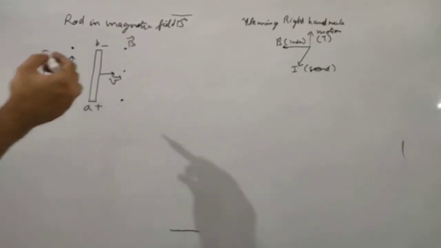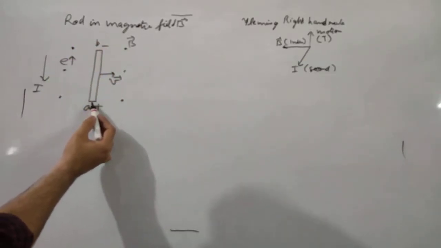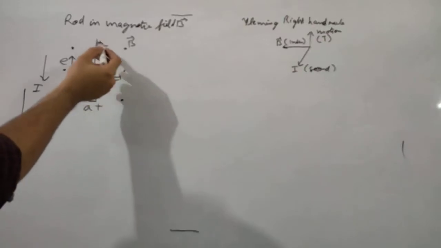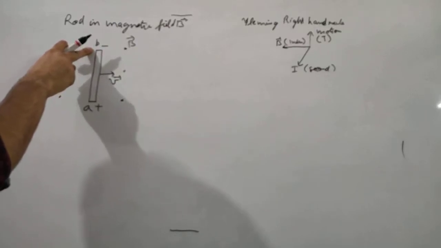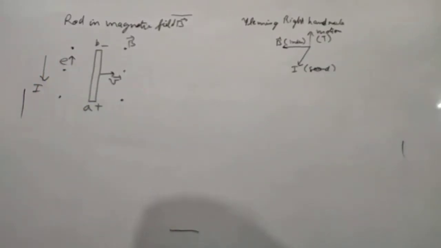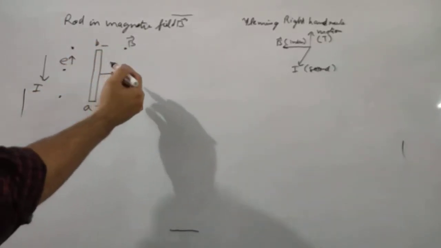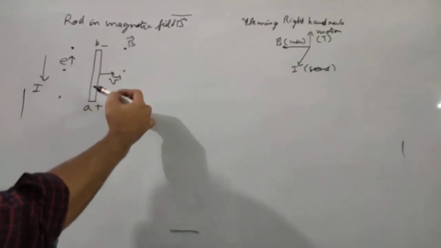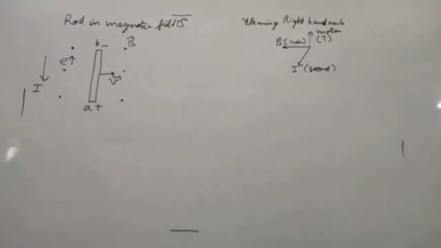Now also, as soon as the first electron goes from end A of the rod to end B, the end B becomes slightly more negative with respect to point A. That means an electric field must be set up, because this is a positive terminal and this becomes a negative terminal. We know that the direction of electric field is always from plus to minus, from positive to negative. So when B starts becoming more and more negative, as more electrons go to B, the intensity of the electric field will become stronger.